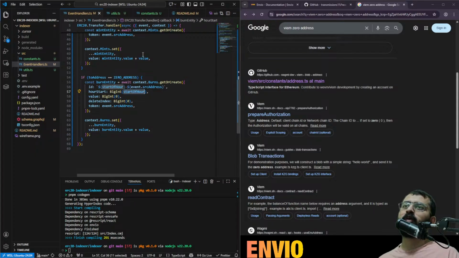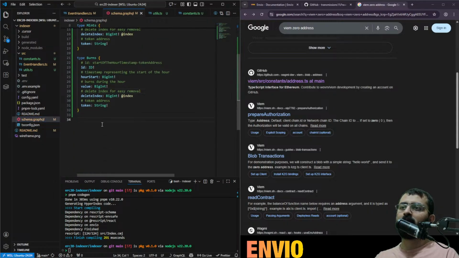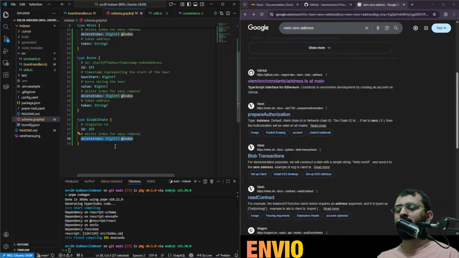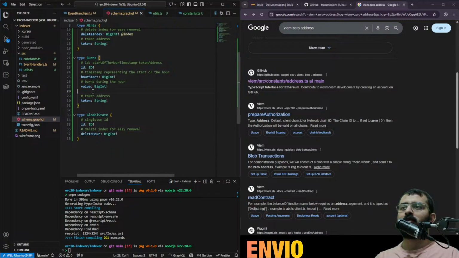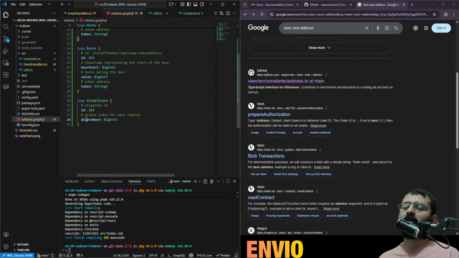What we can do is create a global state. We'll say type global state, and here we'll do delete R. It doesn't really matter. We don't need this. We don't need this. This value will be